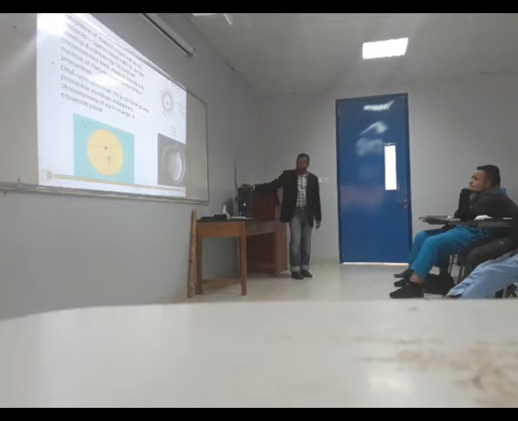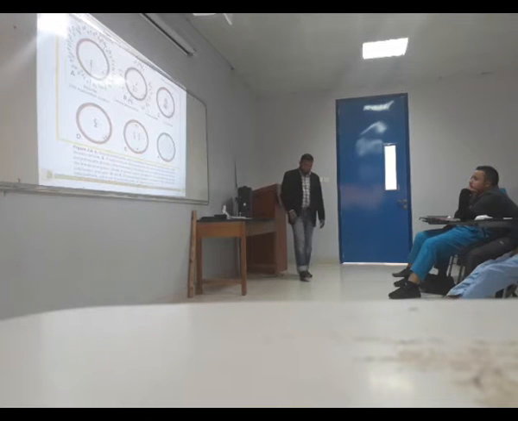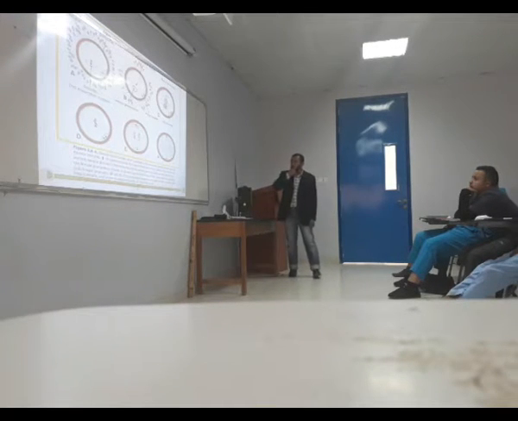Here you can see this is the electron microscopic picture. This is the actual picture. Here you can see the male pronucleus as well as the female pronucleus within a single cell. So this is the single cell stage of the human. This is the picture again, once again showing all the features.